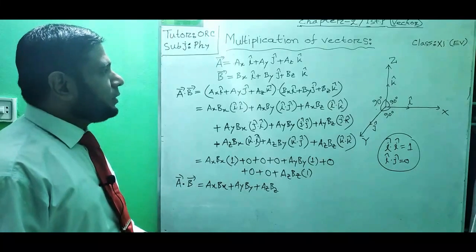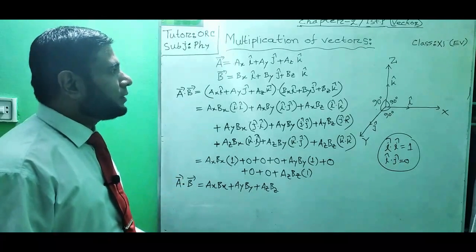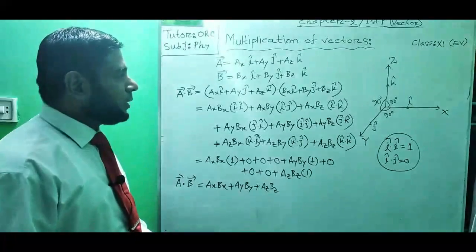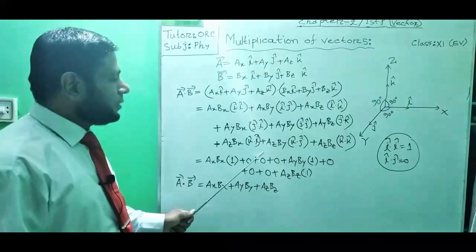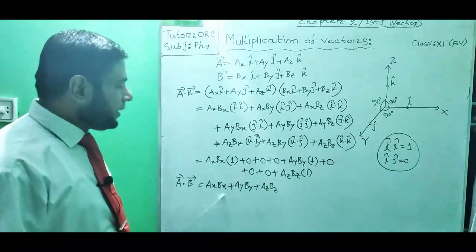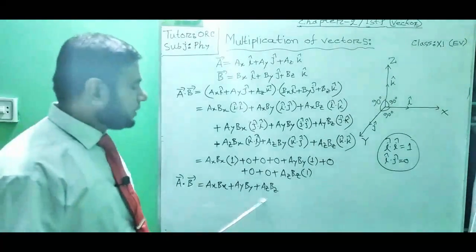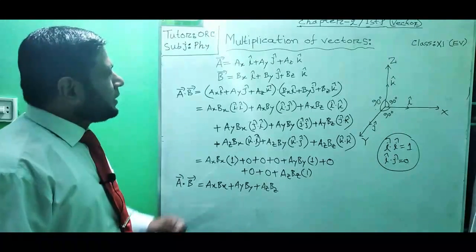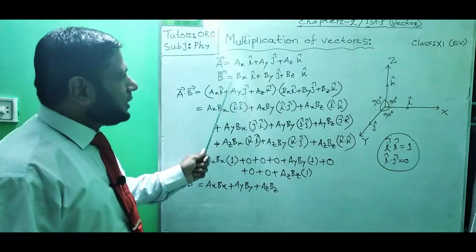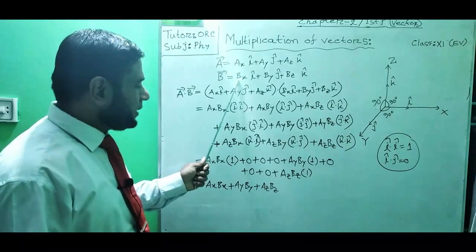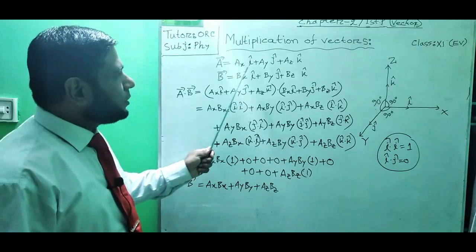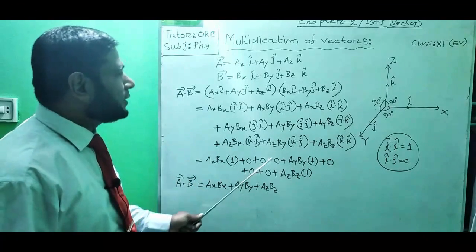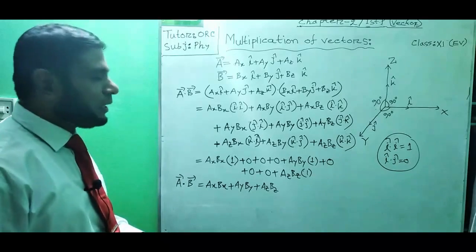Finally, when you apply this formula to solve a mathematical problem, you need not submit all this information; you will only submit the final information here. You will use the final information. So you can remember it in this way: when we multiply two three-dimensional vectors, only the coefficients of the same unit vector will remain, and the other values will be 0. So we can remember it in this way.